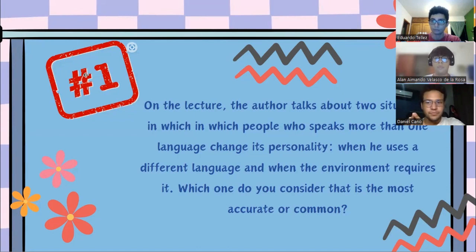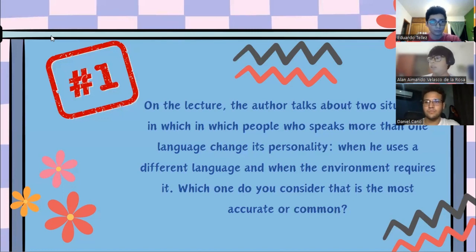So I think that in this part, English is the most common language, the number one in non-native speakers. So the environment requires that we speak English in several situations. Okay, well, that's right. I remember that the most spoken language is Chinese, but it's the most spoken language because there are a lot of Chinese people. Chinese people are about 30% of the global population, but yes, in this case English is the most spoken language among non-native speakers. So Alan, what do you think about it?